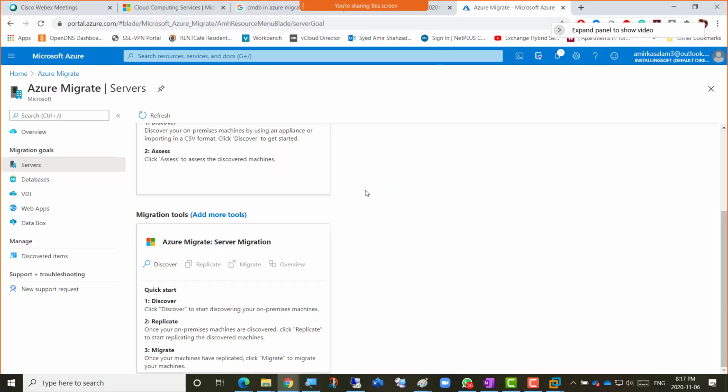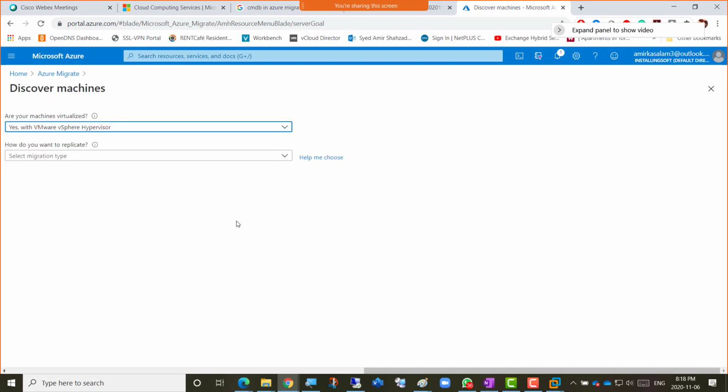So we were inside the Azure Migrate here, and there's that discover process here for the migration tool. Oh, well, for the Azure Migrate server migration, right? So let's go for that directly now and click discover. In Azure Migrate server migration, I'm going to click discover now, and once we click discover, it says